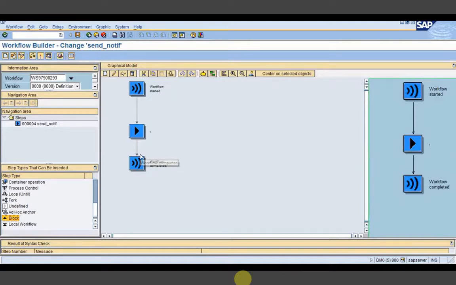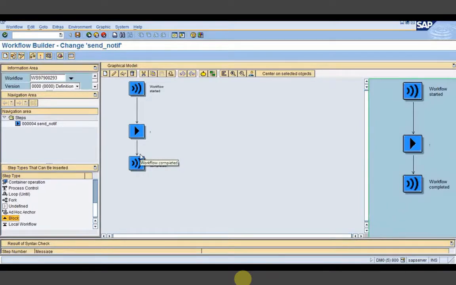Depending upon me, I will decide who is going to take the action next, whether the sales workflow or the finance workflow should get executed. So the decision is upon me.